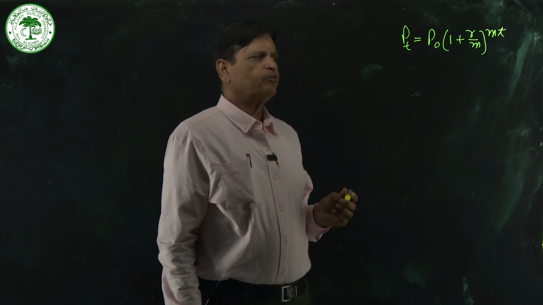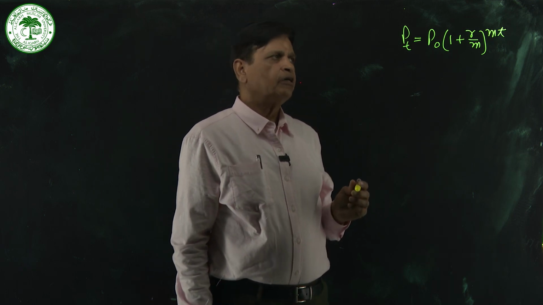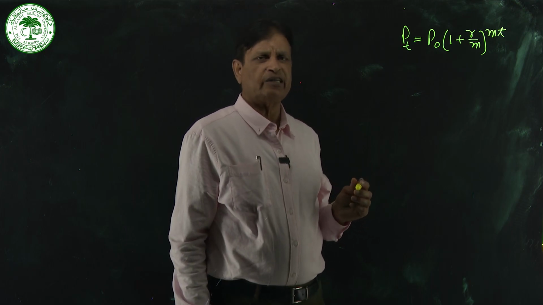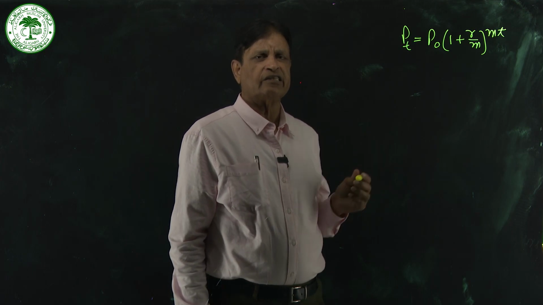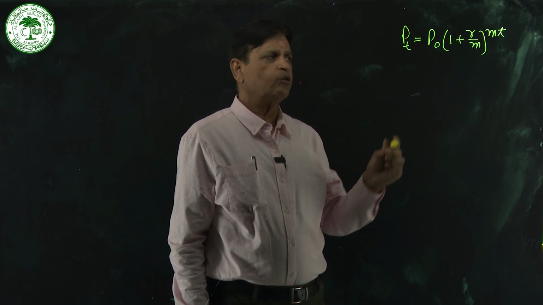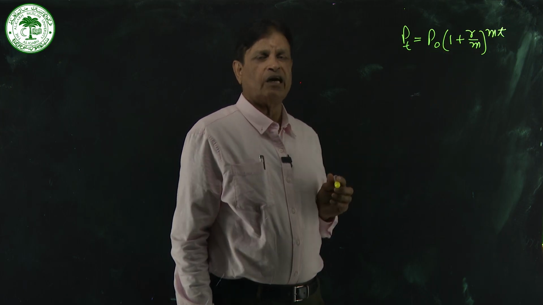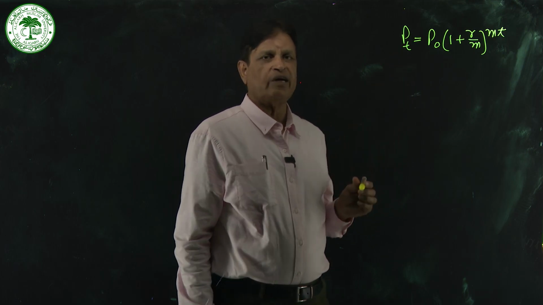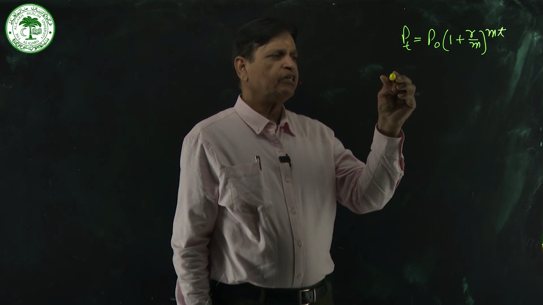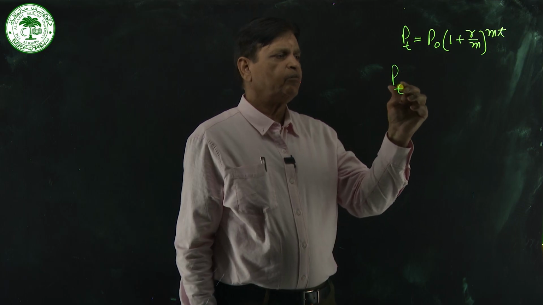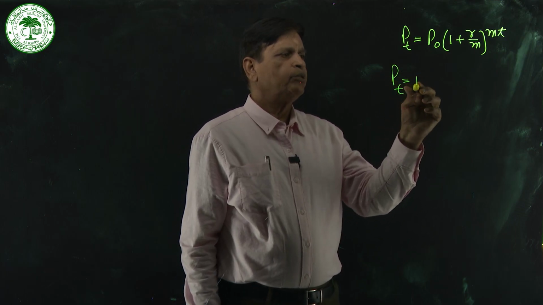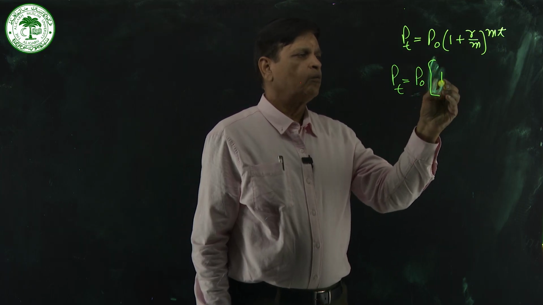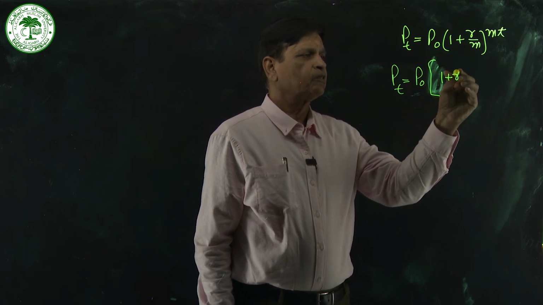But imagine a situation in which interest is compounded every second, every moment, continuously. If this is so, then m will become larger and larger. In that situation, what will be the value of Pt? So Pt will be equal to P0, we can write it as P0 (1 plus R